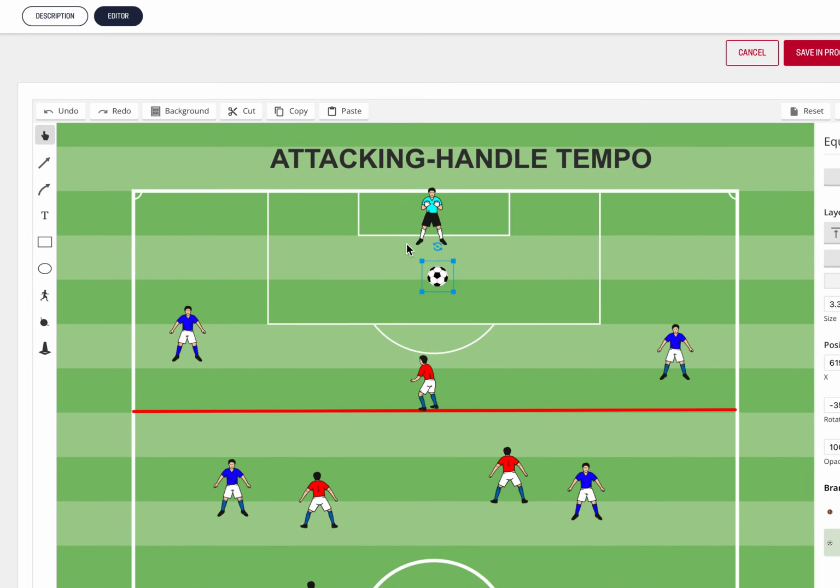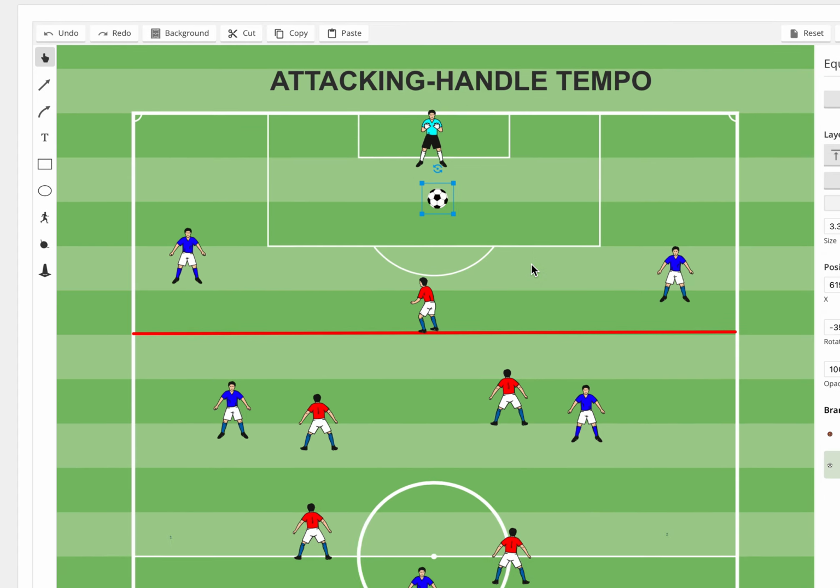Okay, so guys, what we want during our game is to control it, right? But in order to control it, we need to have good possession of the ball. And when I'm talking about possession of the ball, I am talking about tempo. So what does tempo mean? Basically, guys, tempo means how we're going to control the speed of our attack.